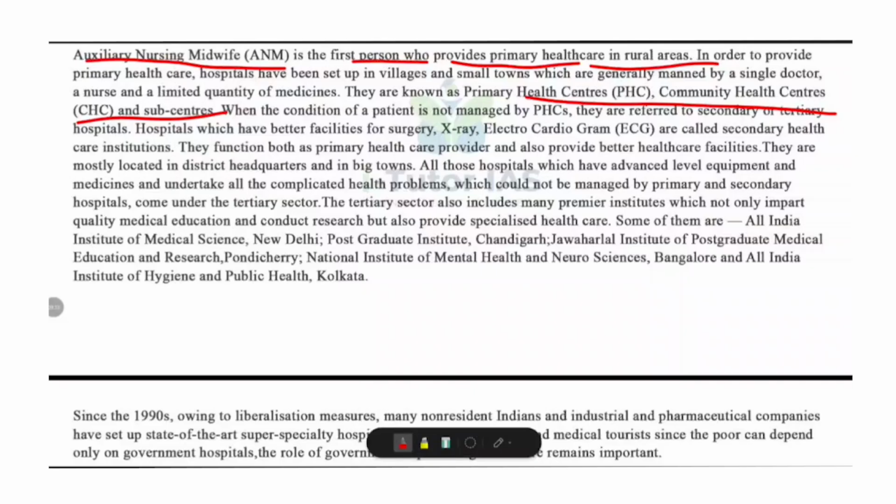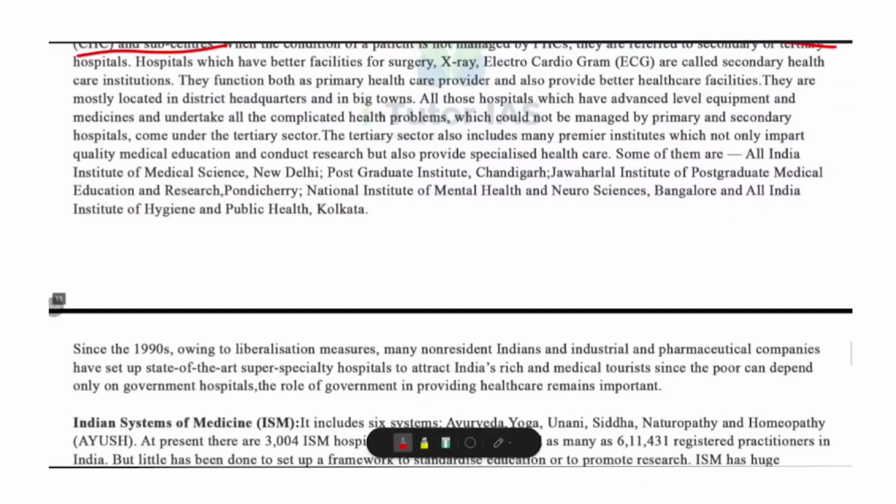And what about tertiary health center? So their objective is to provide advanced and specialized medical care. So their services include complex surgeries, treatment of diseases not manageable at primary or secondary level, and so on. And their facilities are premier institutes providing specialized care and training like AIIMS, All India Institute of Medical Science in